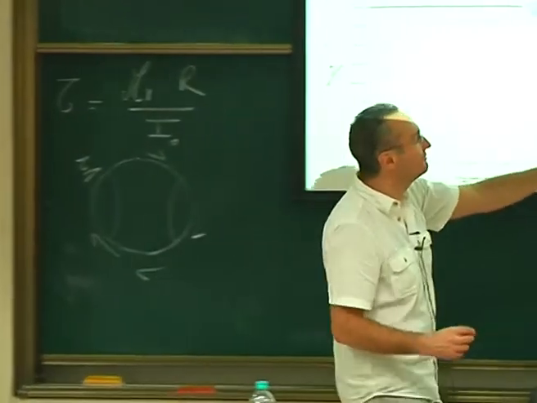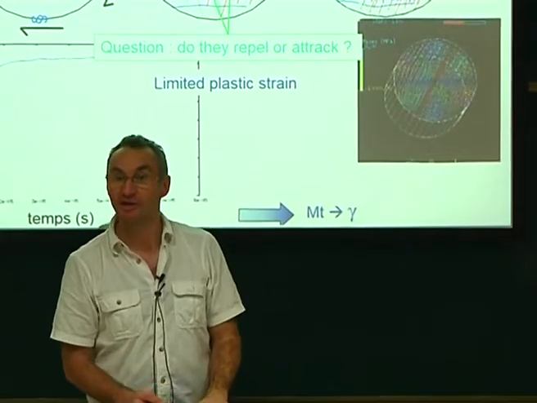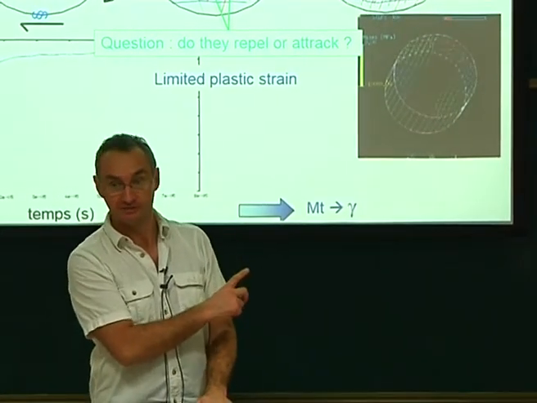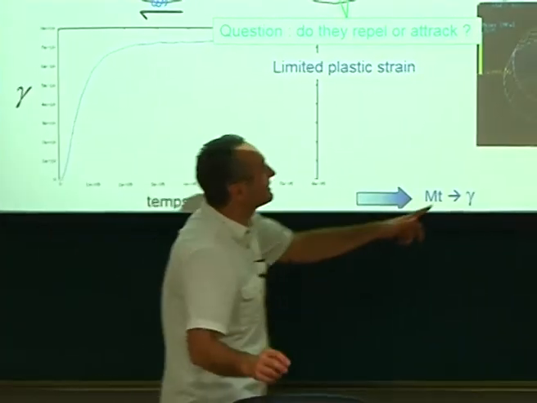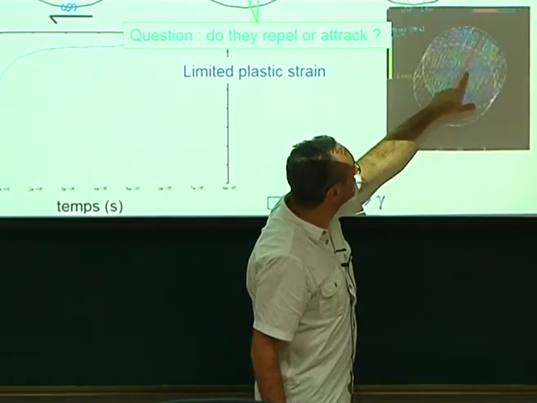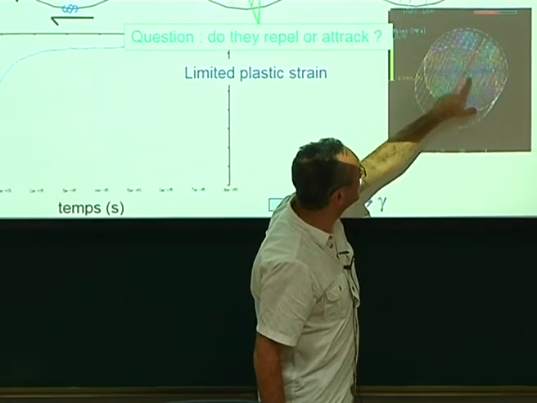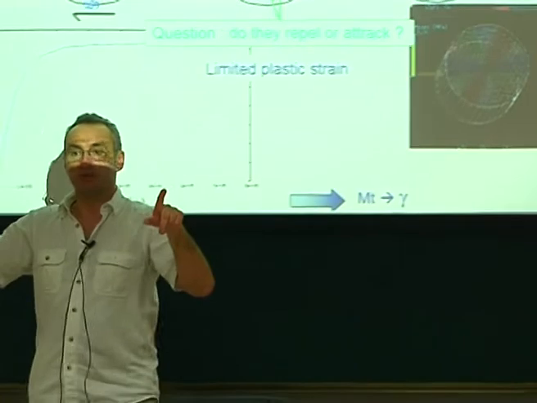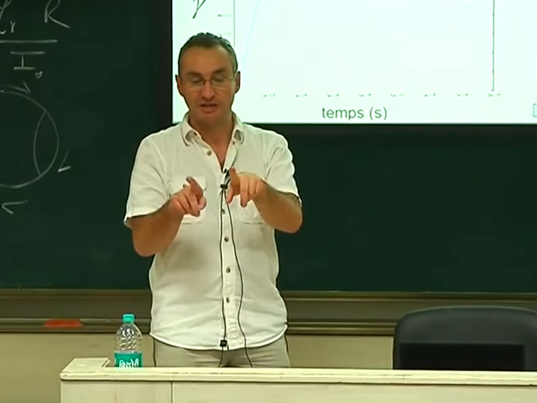You can see it here on the movie, by the way. If they were attractive, but don't worry, don't be afraid. When I started this, I thought they would annihilate, and they don't. For sure, they don't, and it's normal. They should not, actually. And you can see that here, they don't annihilate. They come in vicinity, and they repel. They stop there. So the twin boundary, this is called a twin boundary, set of screw dislocation like that, is